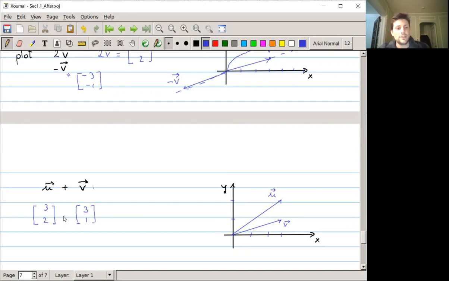So we can definitely compute their sum algebraically. That's going to be 6, 3. But we can also use our picture to get an idea of what that sum will become. The way we do that is by using what's called the parallelogram law. So what I've done here is to take a copy of V,